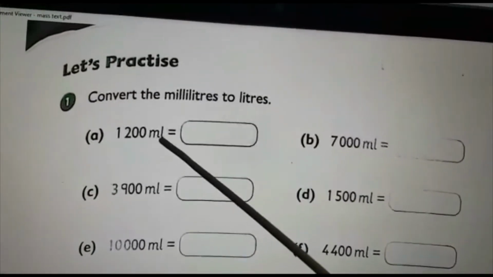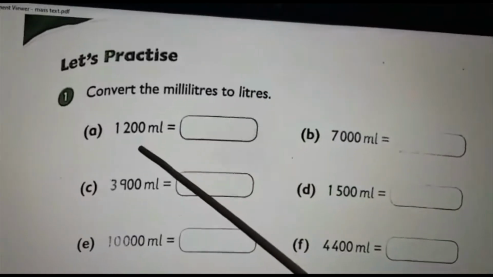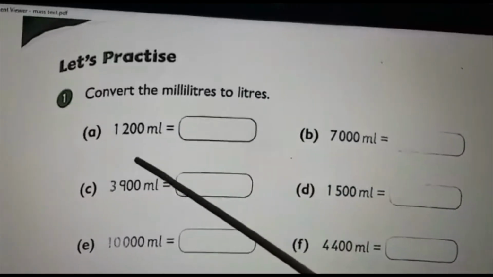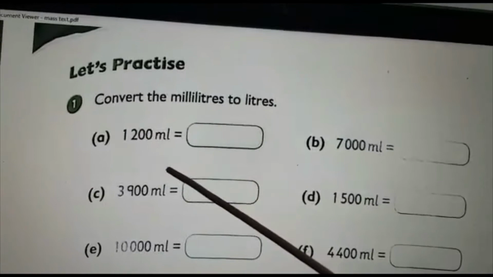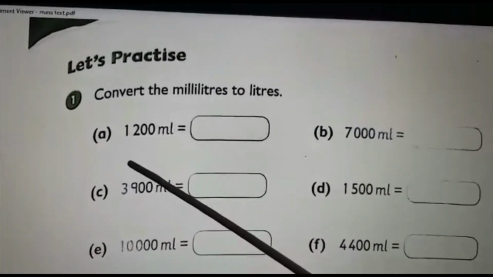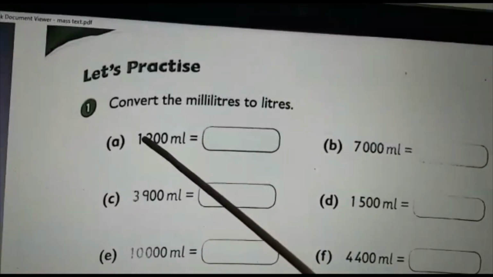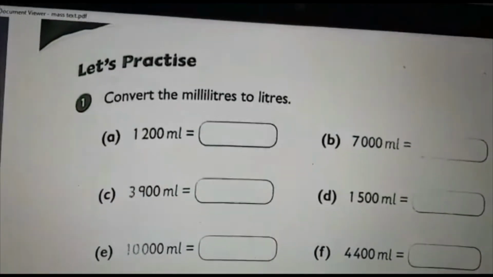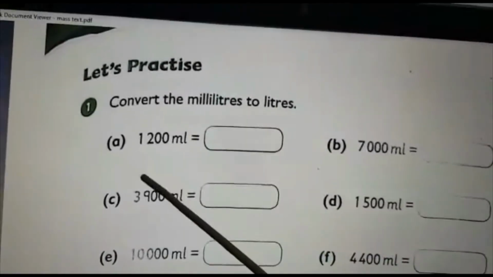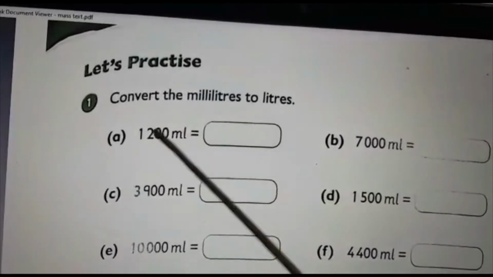So 1200 milliliter, how can we convert to liter? It is 1200 divided by 1000. So if you want, you can cancel these two zeros. So it becomes what? It becomes 12 by 10. What is 12 by 10? We studied in decimal division. Division means we will move the decimal towards the left, not one unit, depending upon the number of zeros. Here 12 by 10 means we will just move like this and it becomes 1.2 liters.